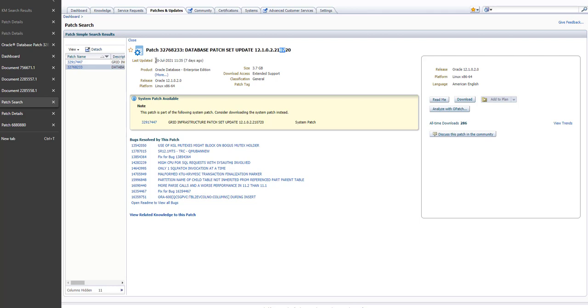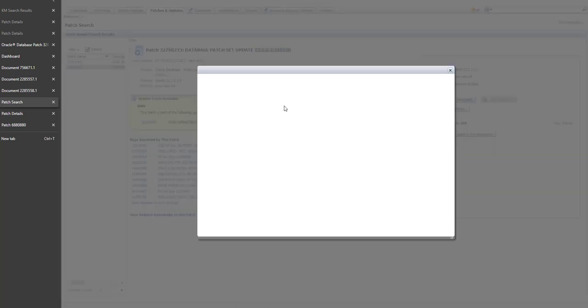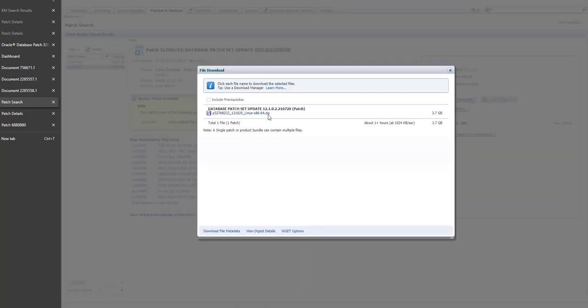It was released on July 20, 2021, for the 12.1.0.2 database. You just click on download. I already downloaded this one, so it's on my PC. So the first step is to download this.